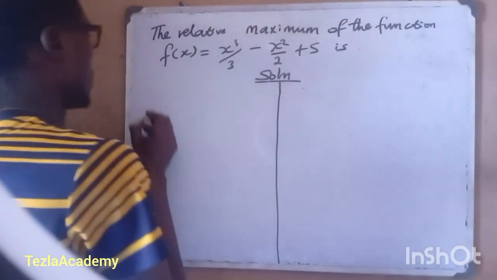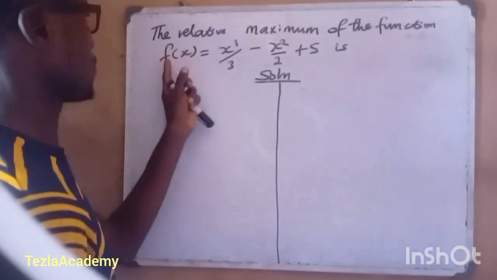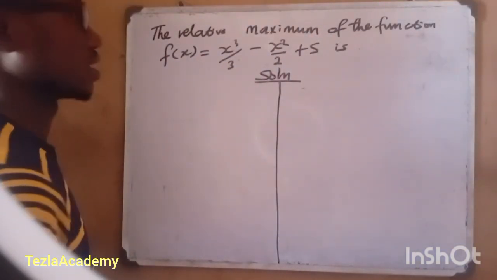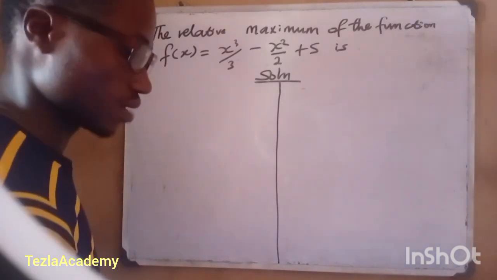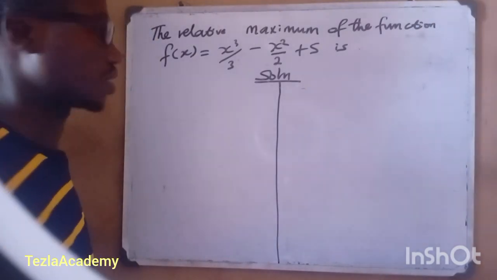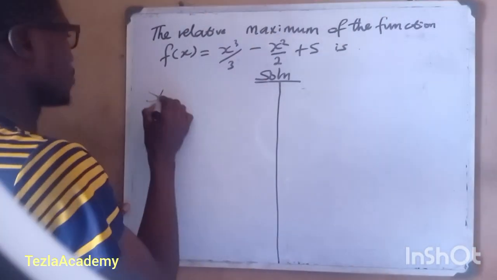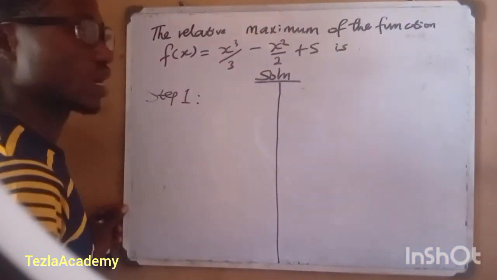So it's similar to the one we saw before. It says the relative maximum of the function f of x is equal to this. So we just find the relative maximum using the same method we used in the other one. But this one will actually be for the maximum value, no longer the lesser value as the minimum value. So now, step one, we are going to find f prime of x that will help us to get